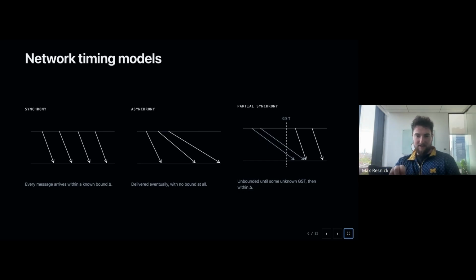And then there's this mixture of the two, because asynchrony turns out to be very hard to do consensus in. We have a bunch of nasty impossibility results there. This mixture is called partial synchrony. In partial synchrony, we're in an asynchronous period in general, but after some global stabilization time, GST, which we don't know when it will be, but it's at some point in the future, after that GST, we enter a period of synchrony.